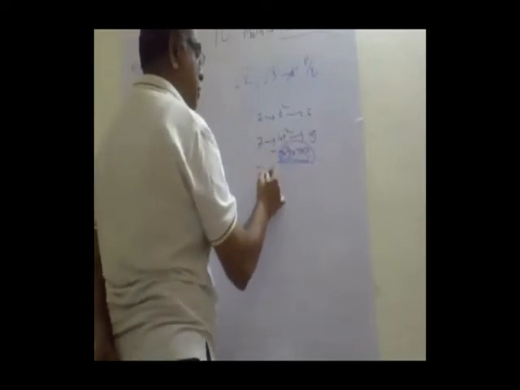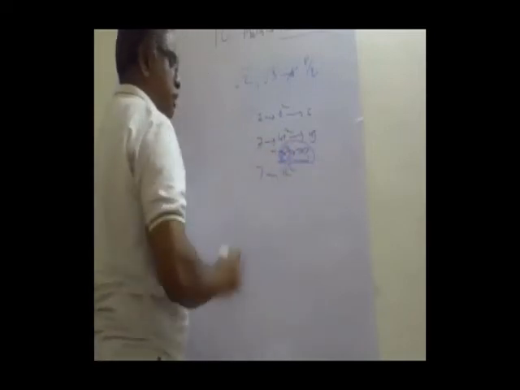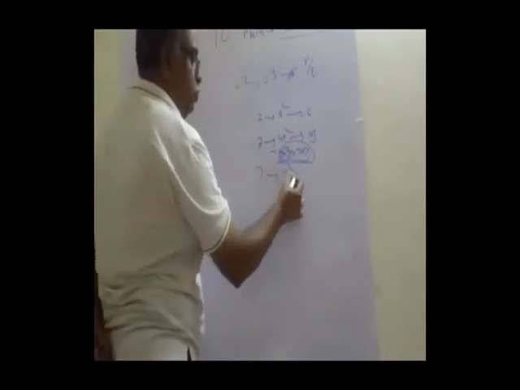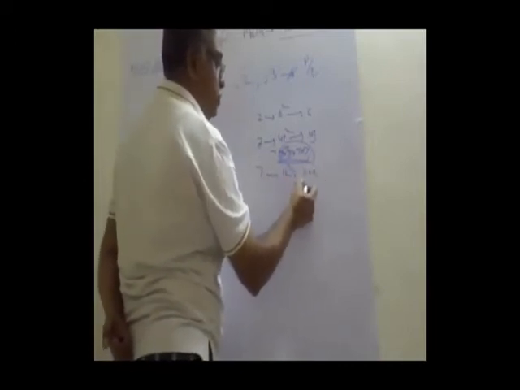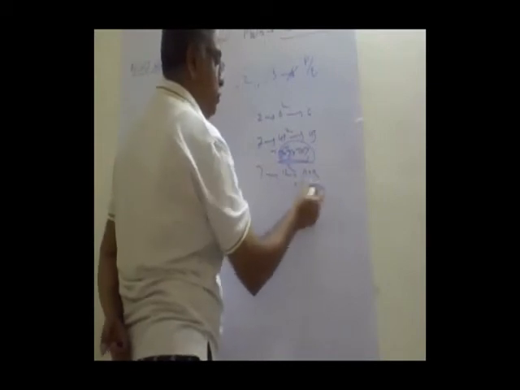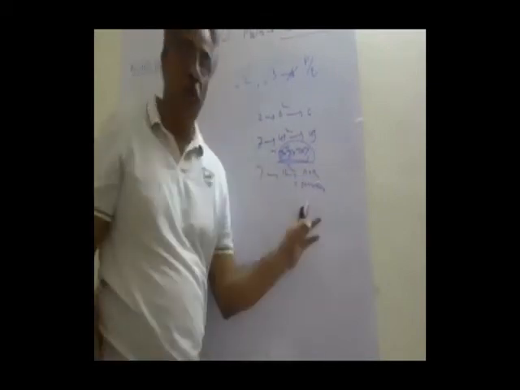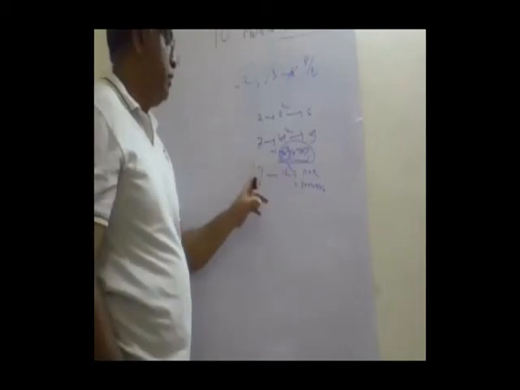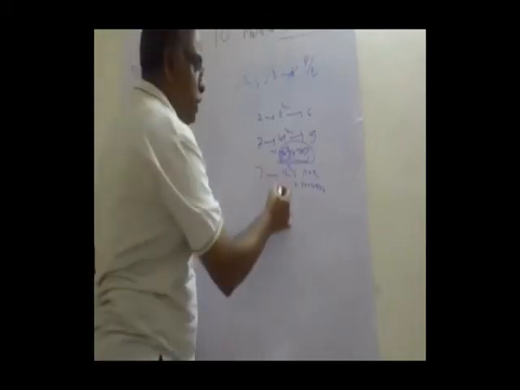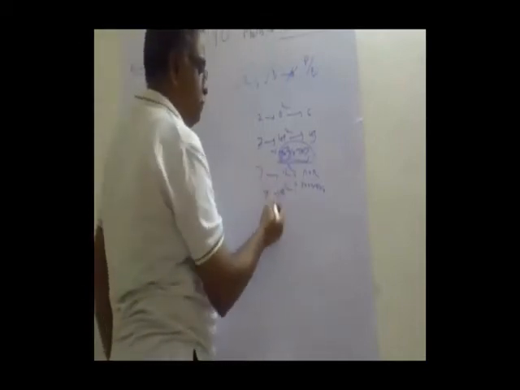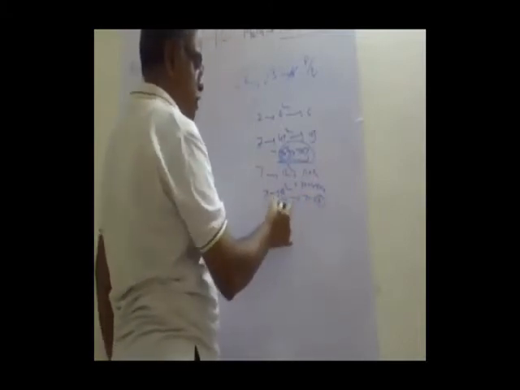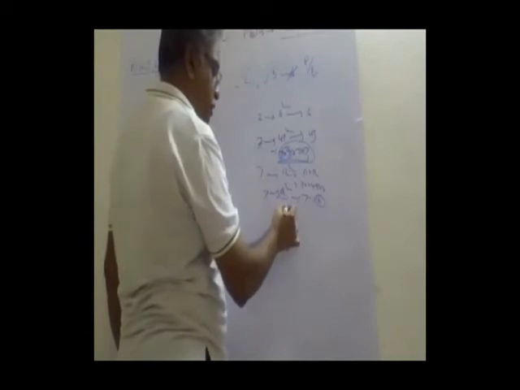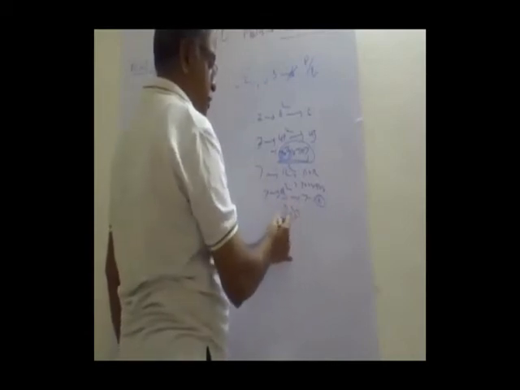Suppose there is a 12 square. Is 7 a factor of 12 square? No. 12 square is 12 into 12, that is 3 into 4 into 3 into 4. Is 7 a factor? No, 7 is not a factor. So if 7 is a factor of some a square, then it must be a factor of a also, because a square is nothing but same factors will repeat. Same prime numbers will repeat.